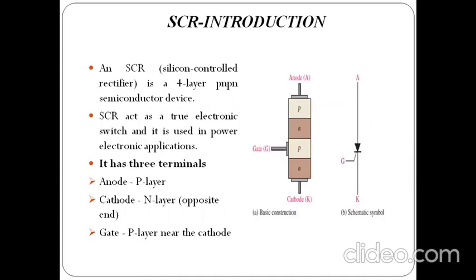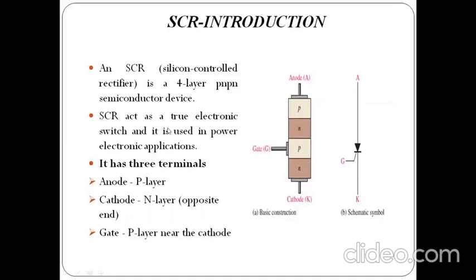The basic construction and schematic symbol of an SCR is shown in the figure. The SCR is a 4-layer PNPN semiconductor device, and it has 3 terminals: the anode, which is taken from the P layer, the cathode, which is taken from the N layer just opposite to the anode terminal, and the gate, which is taken from the P layer close to the cathode.